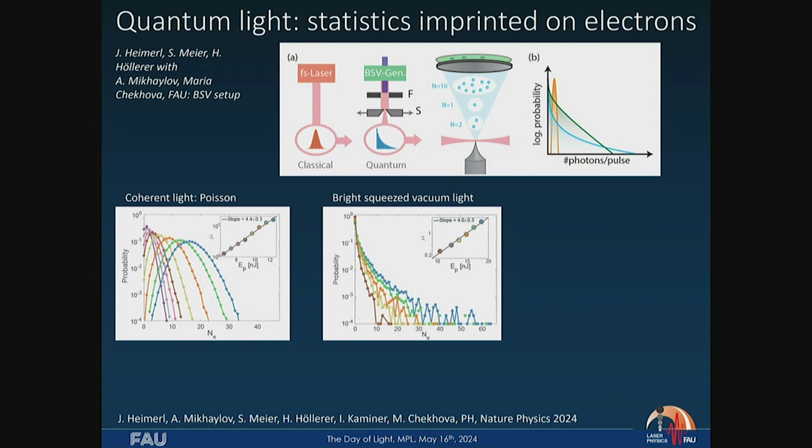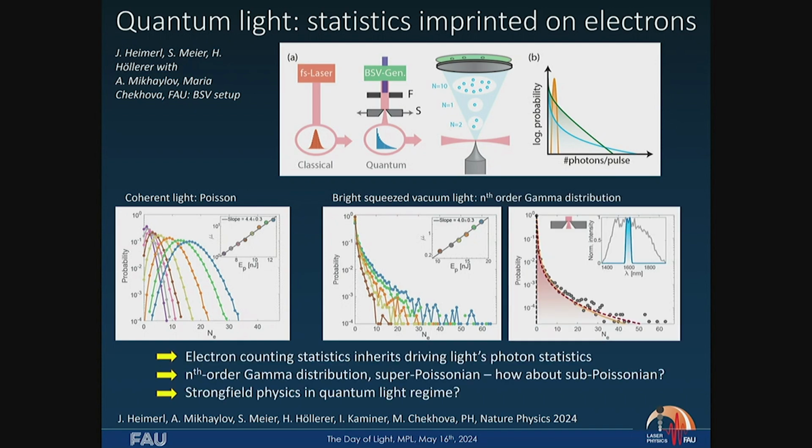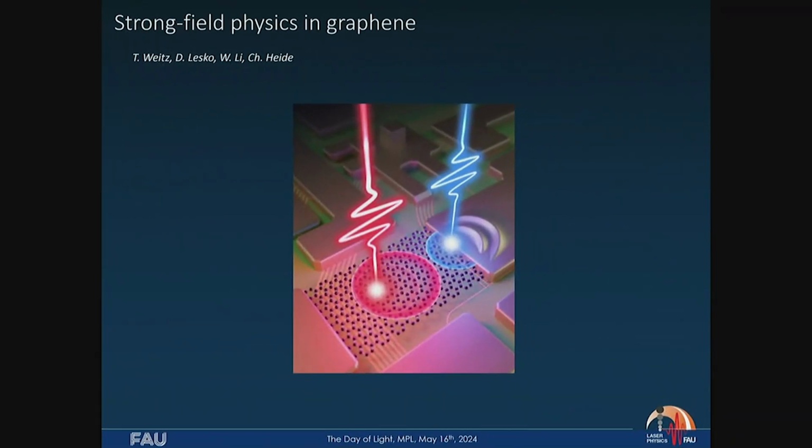Of course, the question is, does that also work in the other direction, where we have the number squeezed photon states? What about the number squeezing of the electrons? That could of course also be very interesting. We have to see, we have to work it out. Last topic, last 10 minutes. Just sketching you, as you can see, what we can, please.